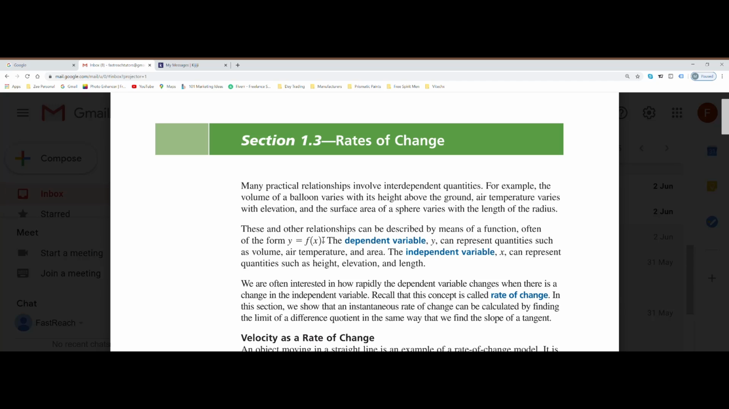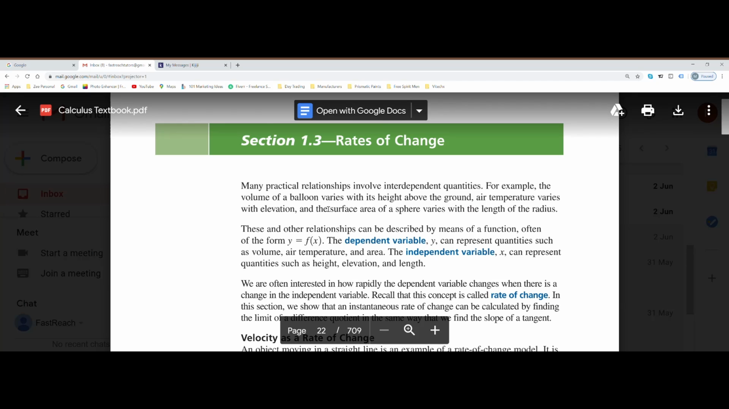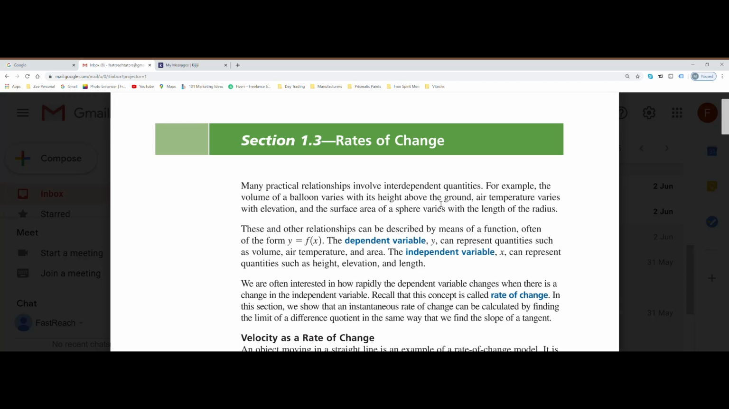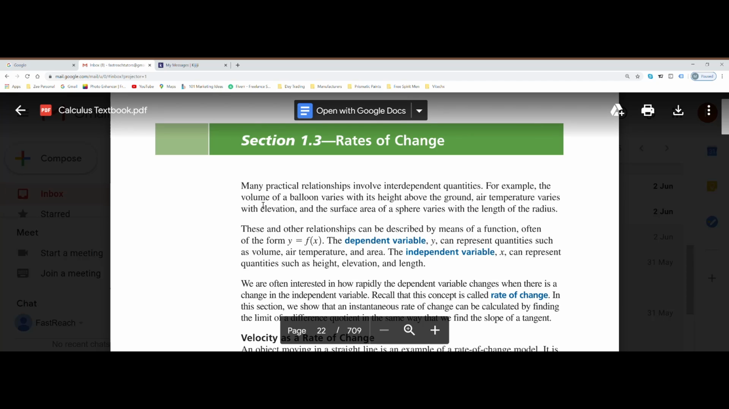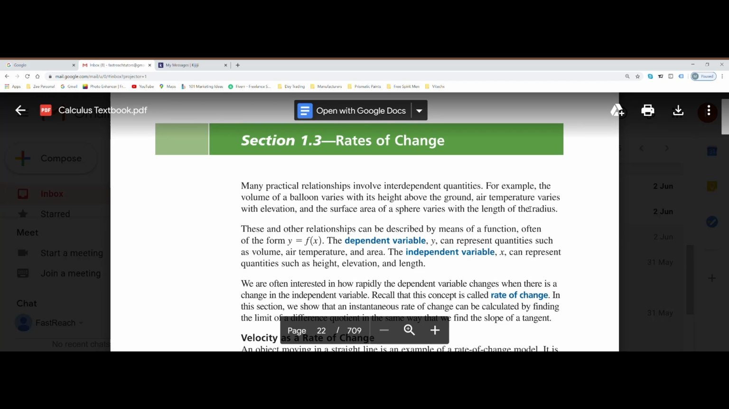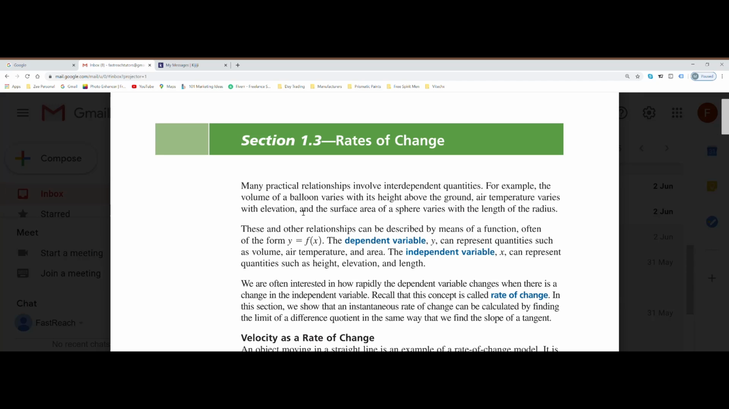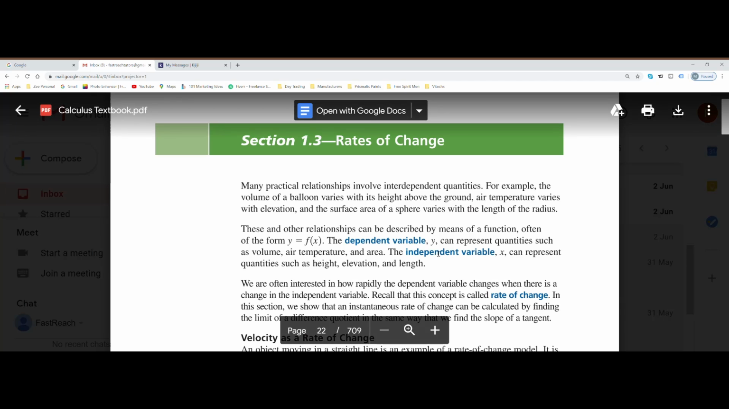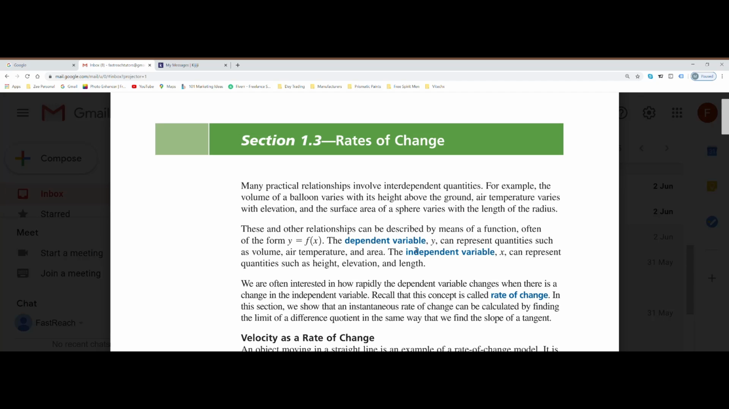So we'll be looking at relationships. For example, the volume of a balloon varies with its height above the ground. So the volume is the dependent variable and the independent variable is the height above the ground. Or the air temperature varies with elevation. So the y variable is air temperature and the x variable is the elevation. Or, the surface area of a sphere varies with the length of the radius. So the independent variable is the length of the radius and the dependent variable is the surface area of the